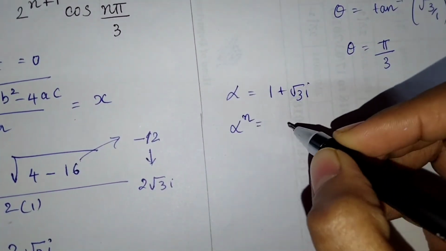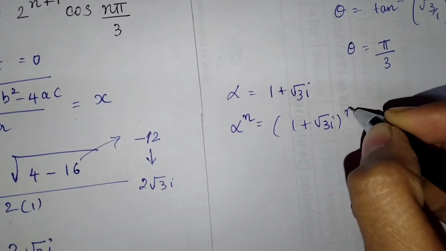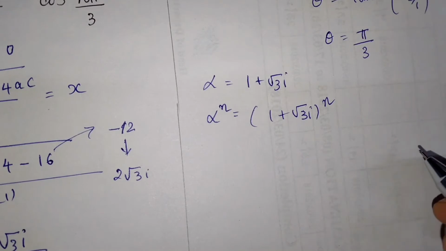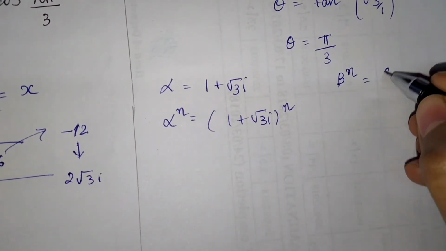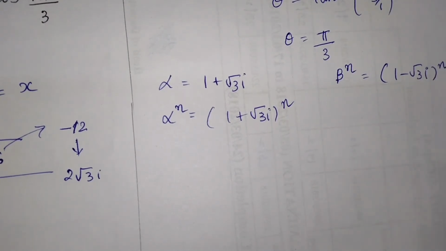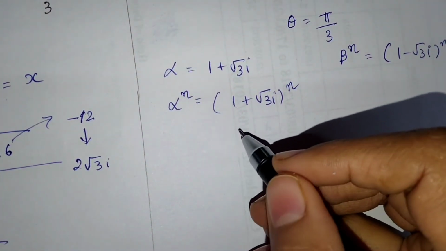Alpha raised to n will be 1 plus under root 3i raised to n. Okay? And similarly we have beta raised to n, that is 1 minus root 3i raised to n. Okay? But if we compare this,